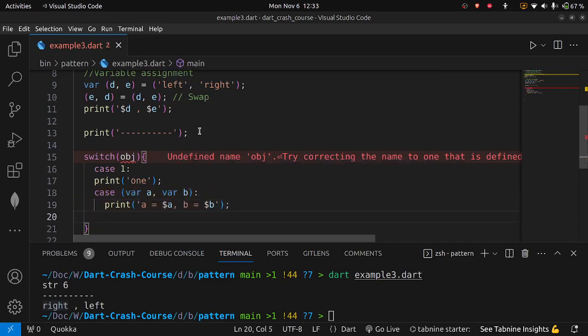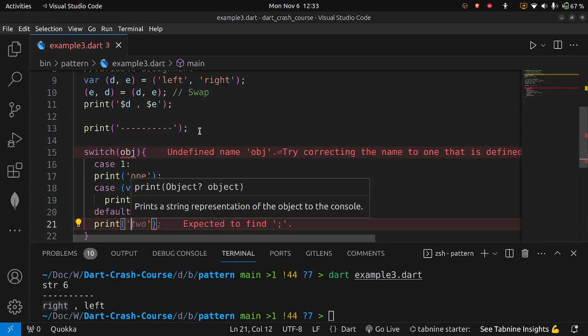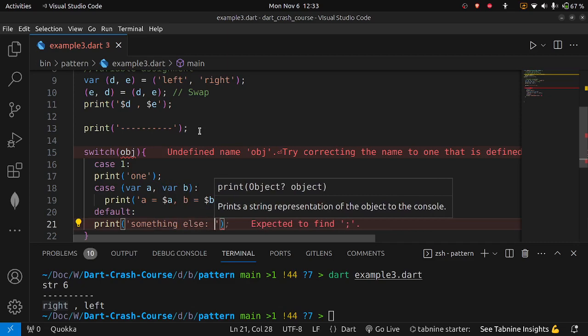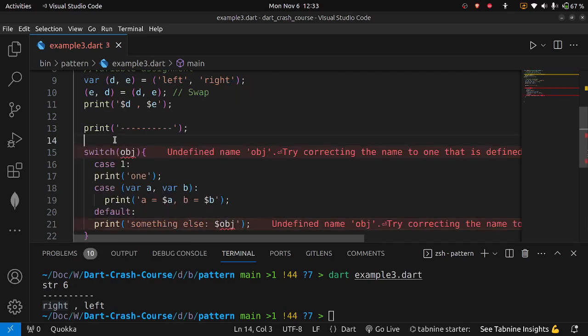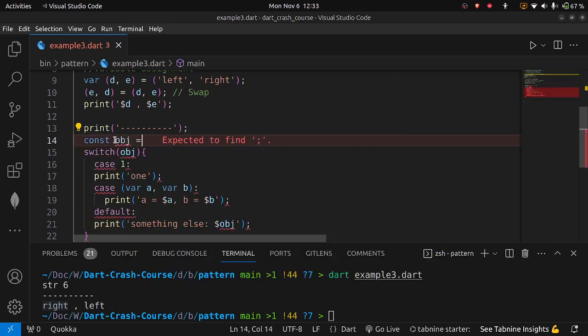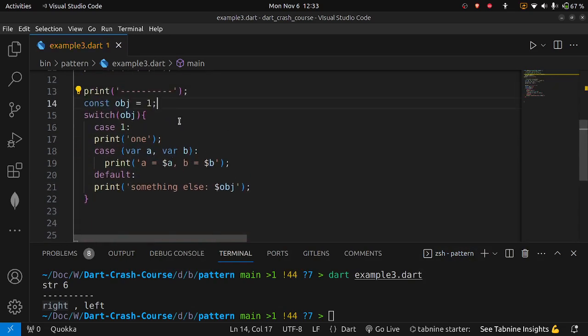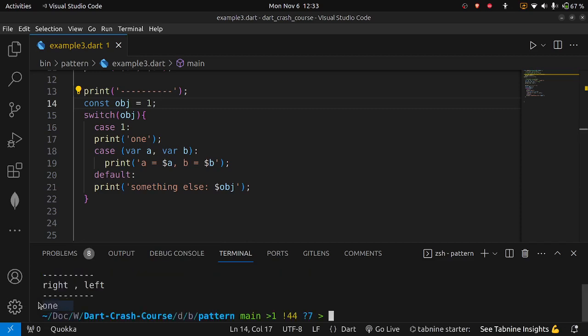So let's just provide the default. In the default statement, you just say print something else. Then we are going to try to see this in the console to make sure that it's actually something else. So we're going to say const object, let's just say it's equals to 1, for the first case. In that scenario, if we say example 3, we get 1